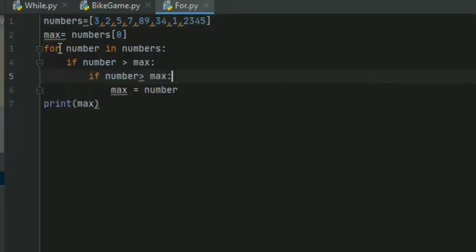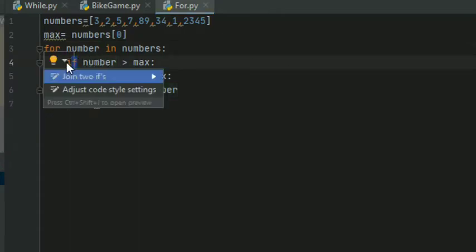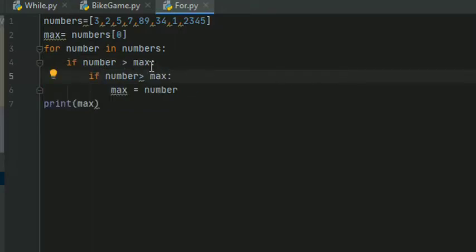Okay. So now in the loop, what is happening is we are iterating on the list of numbers. If you see, for number in numbers, it will iterate over each number. Now we are comparing the number within the if condition. If number is greater than max, suppose the number is initially 3, so 3 is greater than 3,